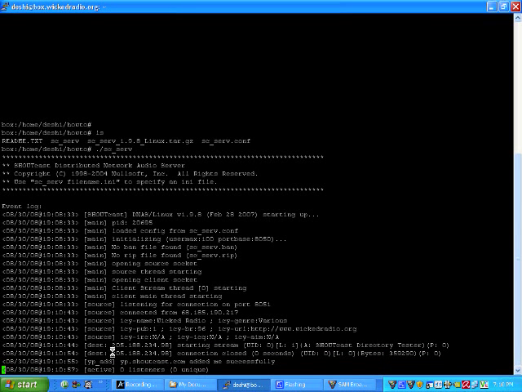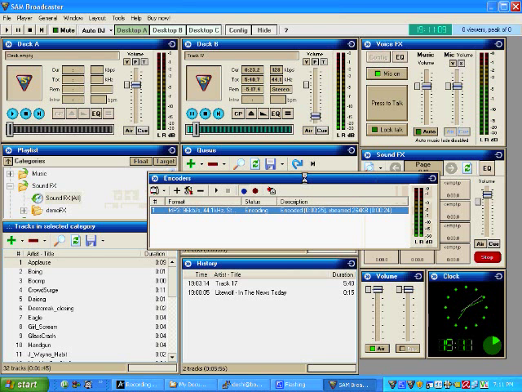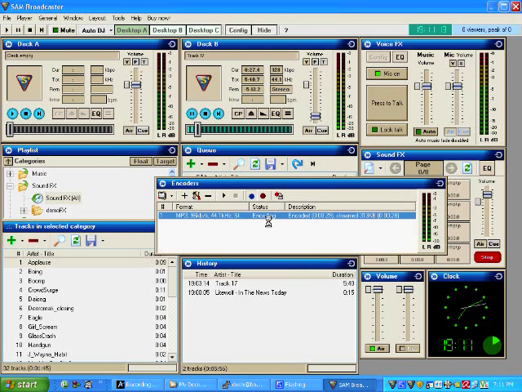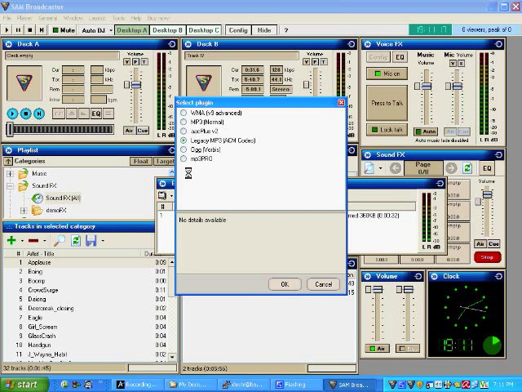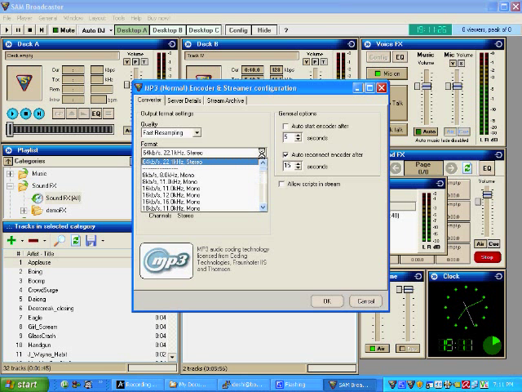So now what you want to do, if you want to archive your show to a file like we do here for our podcast, you click plus again. You want MP3. And then you don't have to worry about any of this. What you do need to worry about is the bit rate you record to. And for that, for us, we record it in stereo. So that's down a little bit ways here. 32K